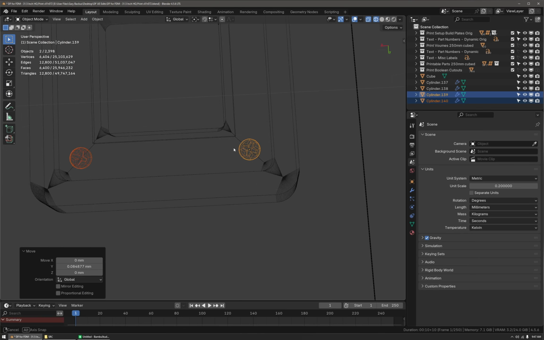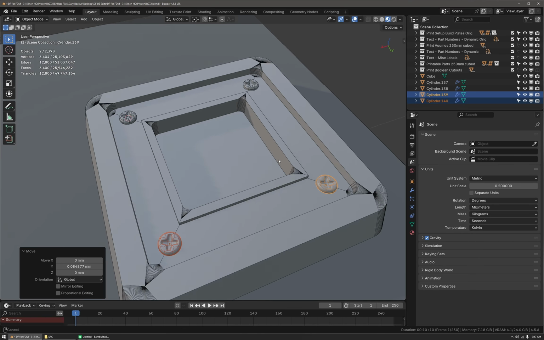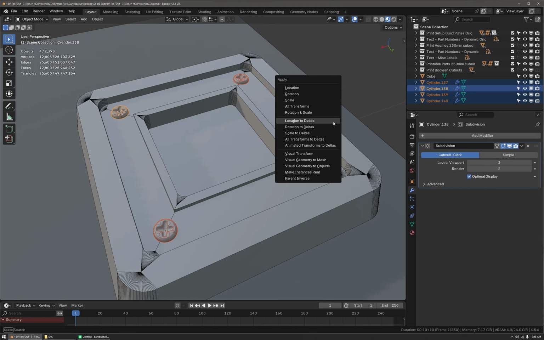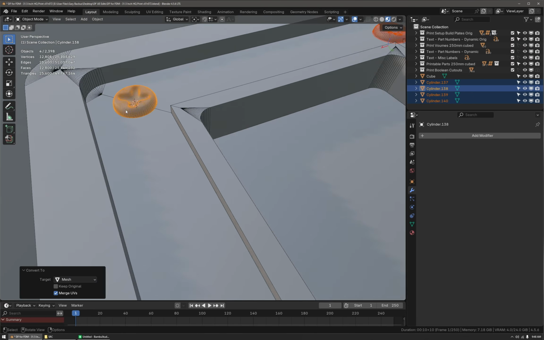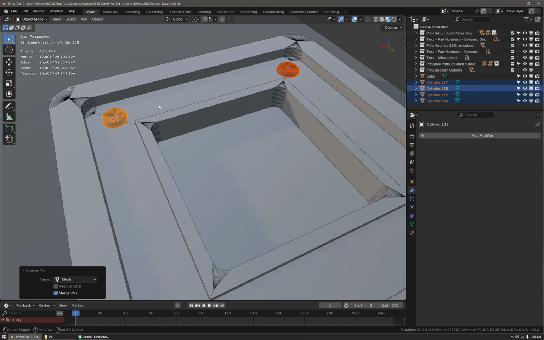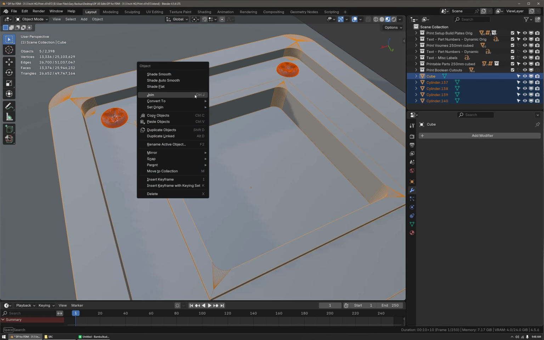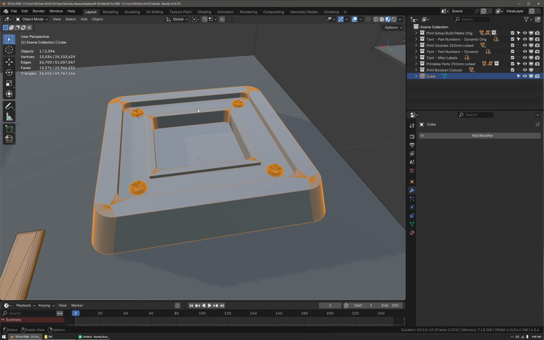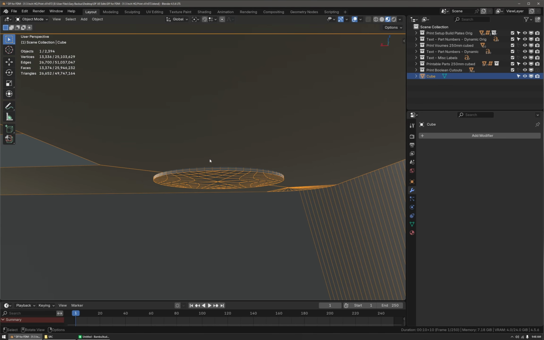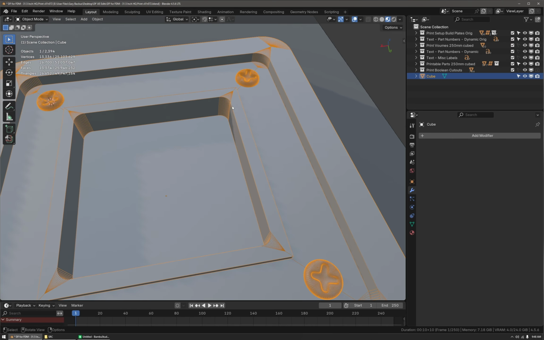There we go. And now it's time to select these objects, and because they've got a subdivision surface modifier on them, I'm going to press Control A, Visual Geometry to Mesh. That's going to bake down all of the details to actual geometric detail, and then select this object last, right click and join. So now this is one mesh. And in the slicer, this intersection will be completely cleaned up and it'll appear that it'll just slice perfectly as